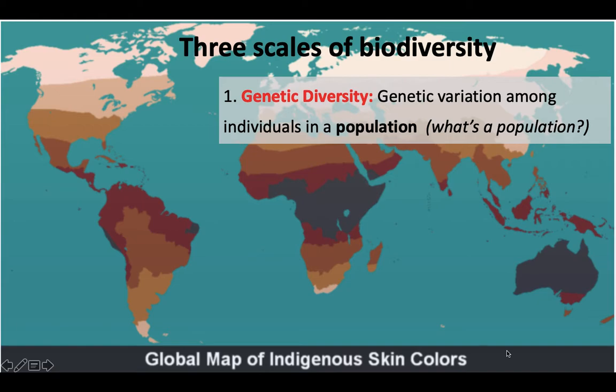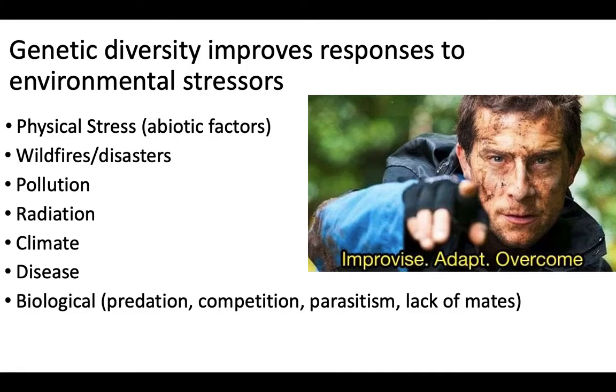A population is just a group of individuals of the same species, right? You can see a map in the background here. The skin colors based on where you live in terms of indigenous populations for humans around the world. This is one example of genetic diversity in human populations, but there's genetic diversity in all organisms, animals, plants, you name it. And genetic diversity is super important because it's going to allow populations to respond to different stressors